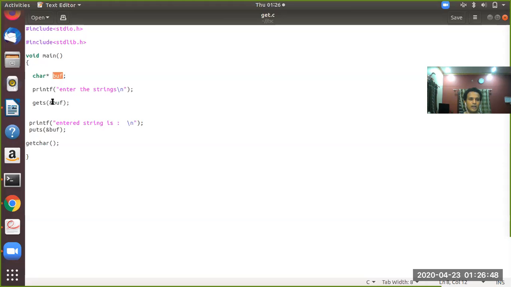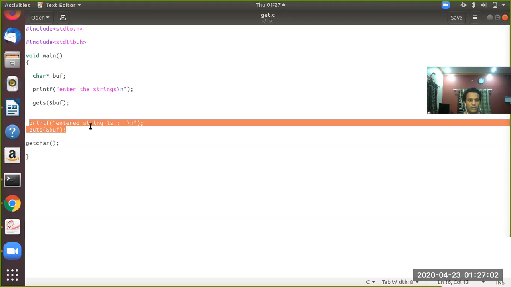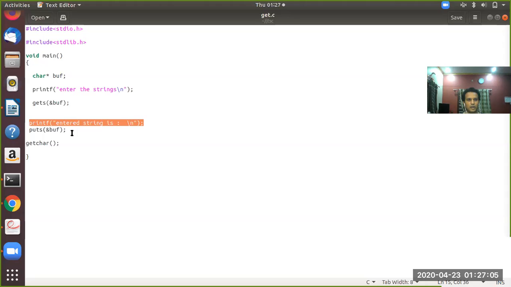What I am passing is the address of this. Then you see printf entered string is, and later the puts statement is used to display back the value that was keyed in a moment ago. Later getchar is used to hold the output on the console screen until some other key is pressed on the keyboard.